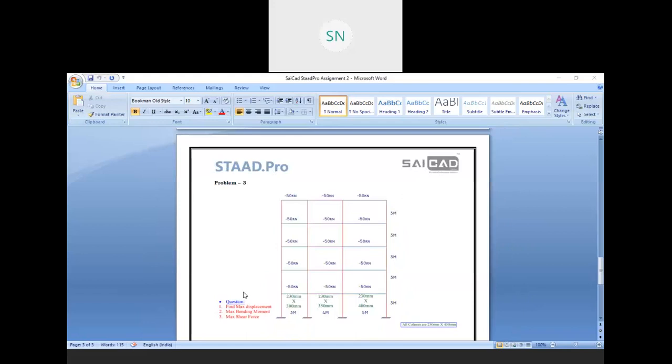There are many things that we need to learn before this software, because a theoretical background is absolutely necessary while we learn this software. We must have an idea about the working zone of concrete, the working zone of steel, then the tension zone and compression zone, and why we put this reinforcement.